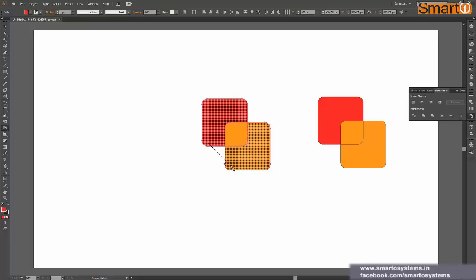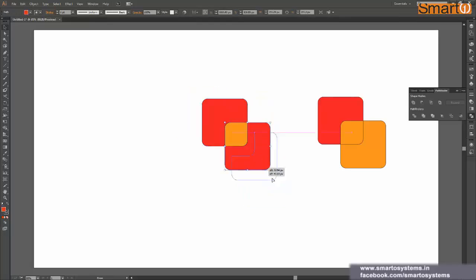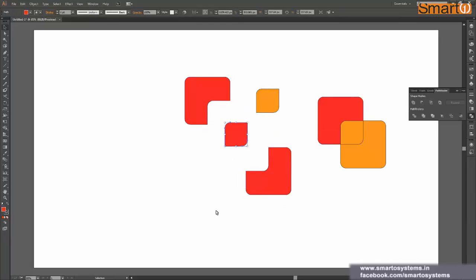Okay, that looks fine. Let's go ahead and see what we have achieved. Here I have these two rectangles with the same color. So let's see what it has done. And yeah, we have achieved a kind of divide operation with an additional shape over here. So we can either remove this one or this one. That's fine. But we have almost done a divide operation.